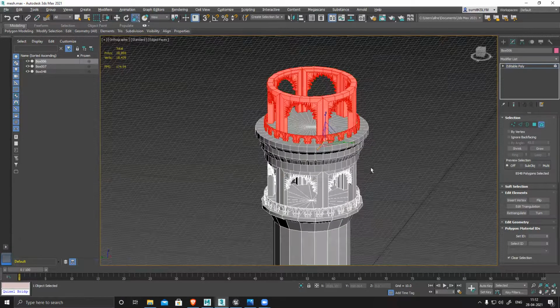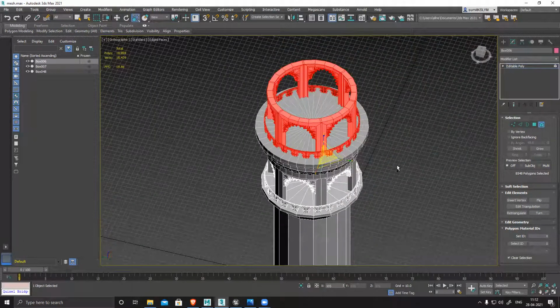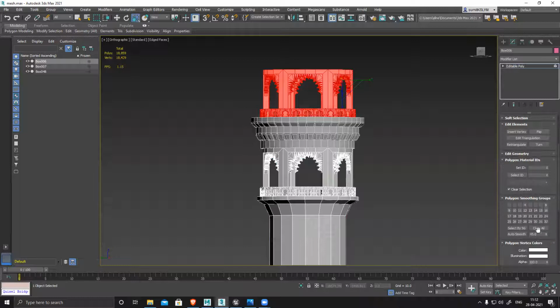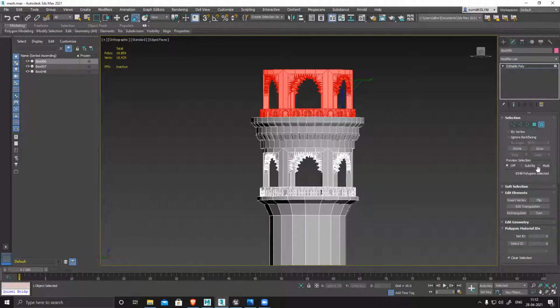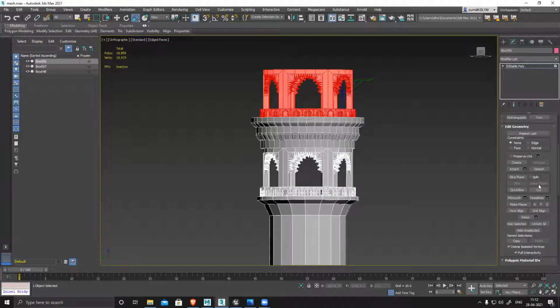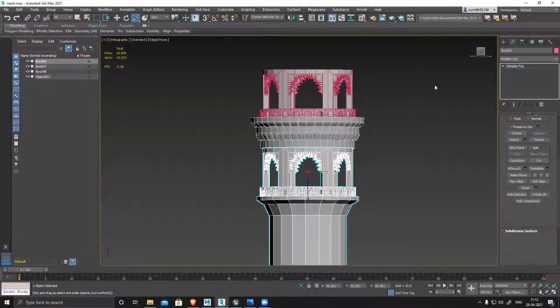Scale wise, also I feel I should scale slightly. Definitely do that. And if I want, I can detach also this section. Edit geometry. Where is my detach?